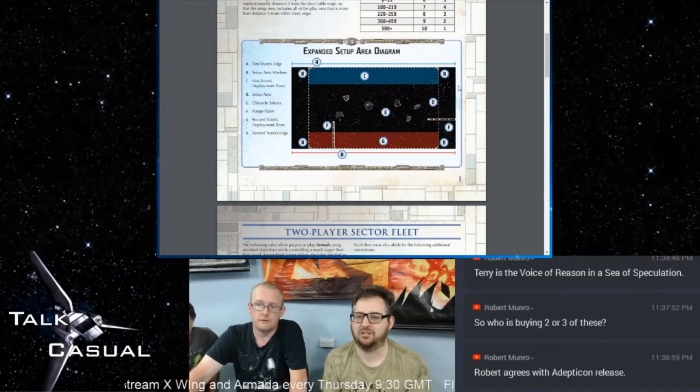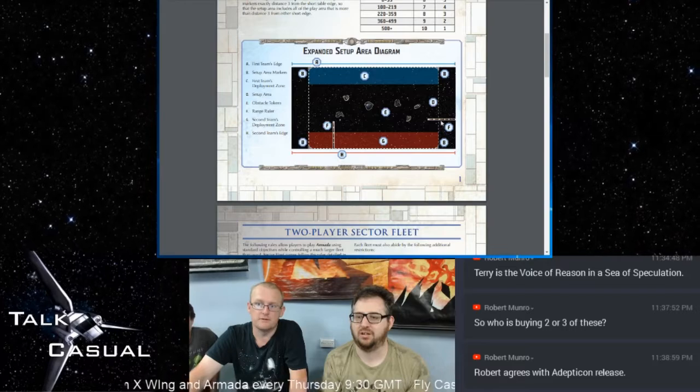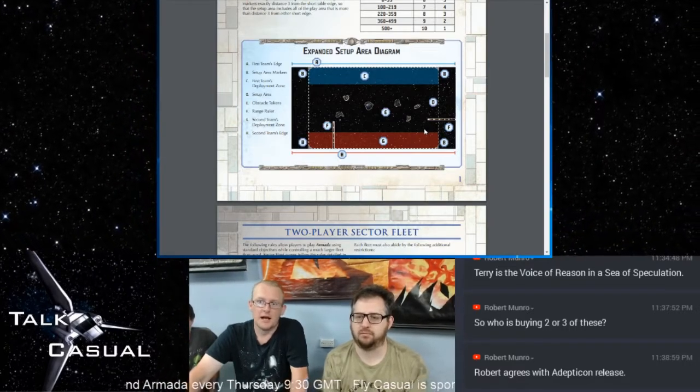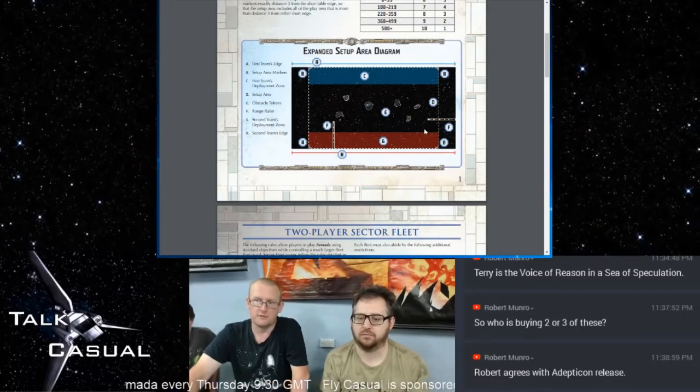Still 3x6, but you've got distance 3 for the board edge instead of distance 5. So you've got that little bit of extra room to fit the ships in. I really want to play a 1,200 point match with